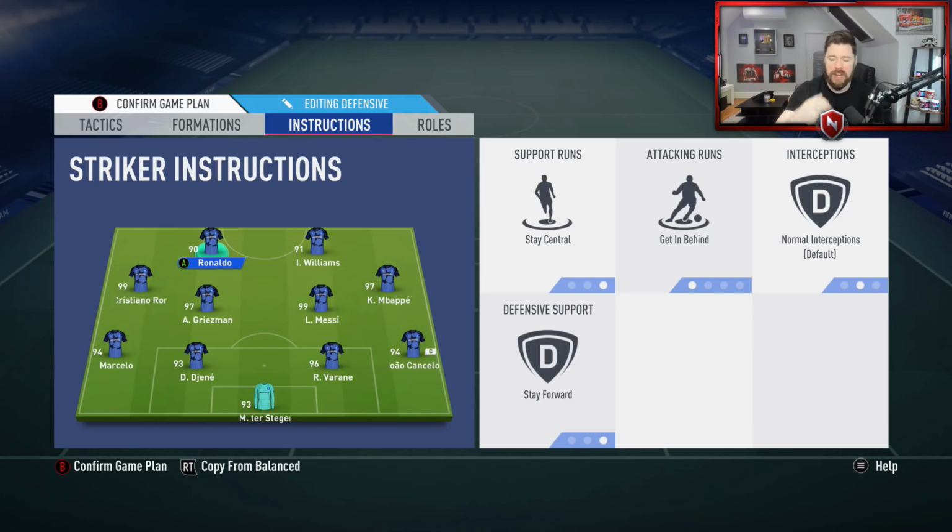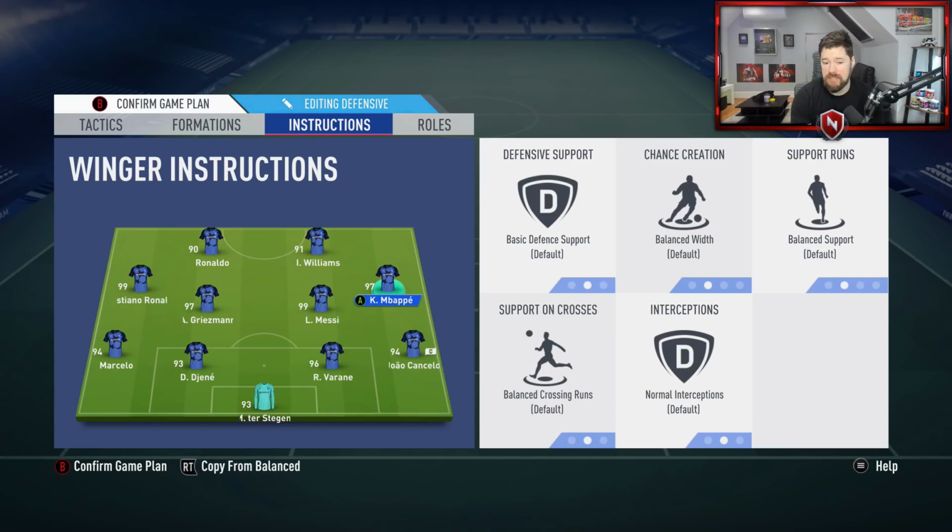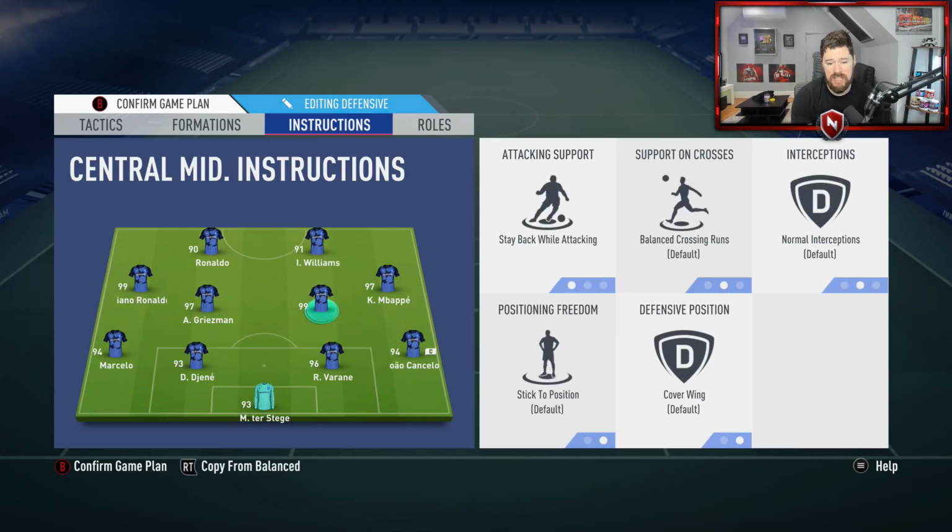You don't ever want him tracking back. You want him to just stay up there and preserve energy. And then Cristiano Ronaldo and Mbappe are just on basic. And then Messi and Griezmann, I have set to stay back while attacking because I just don't want 6 men